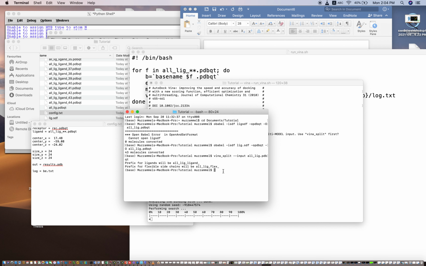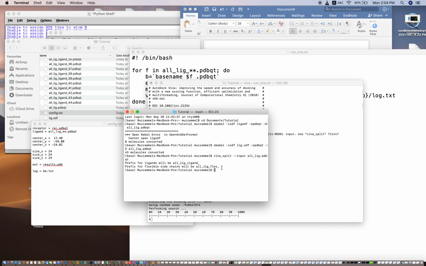And then we have prepared our ligand library, and then we have converted our ligand library to pdbqt format by using OpenBabel. I have installed OpenBabel in my system already, through the command line as well.